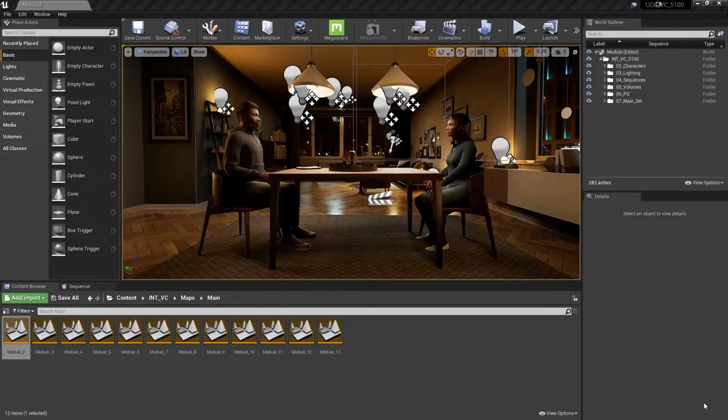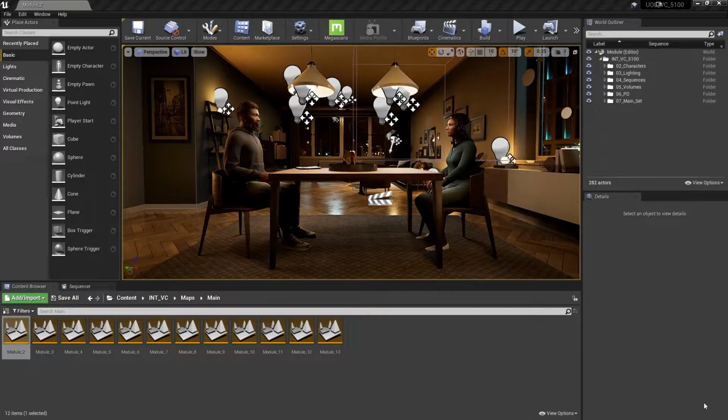Okay, so here we are inside of Unreal Engine. And before we get started, I wanted to point out a couple things. The first one is this project is ray traced, so it may be a little heavy on your performance. And if that's the case, I just wanted to show you a couple things before we get started on how